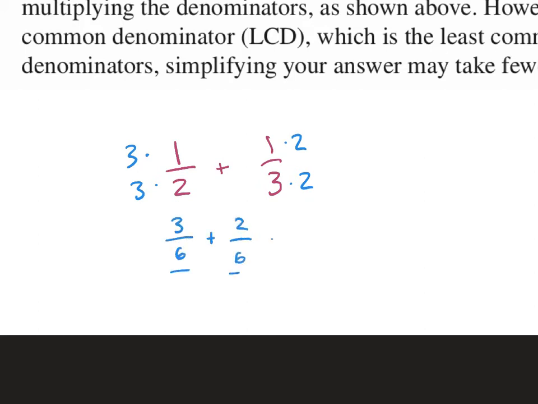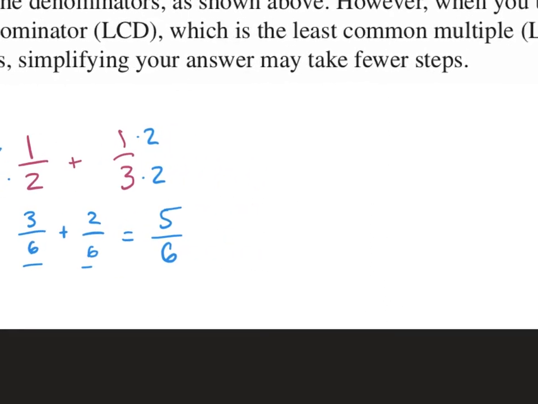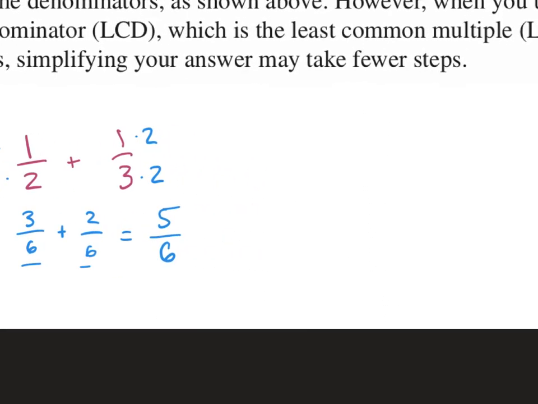Now that we have common denominators, we keep our denominator the same and just add the numerators. So this would be 5 over 6. So we're doing the same thing here, but just with polynomials. All right, so to do another example, let's say we had